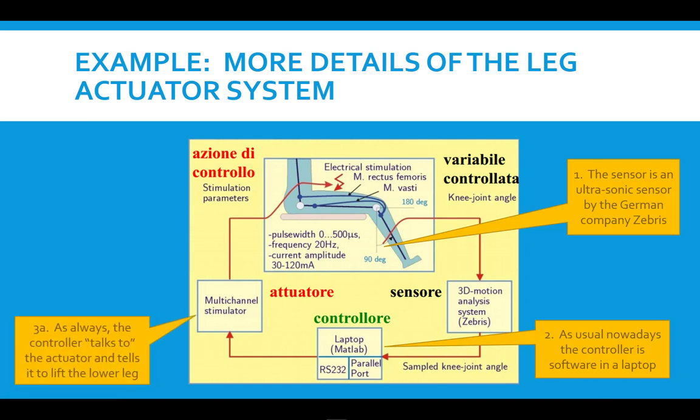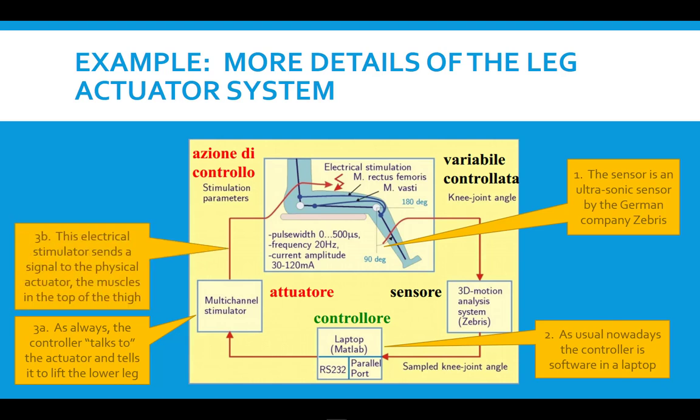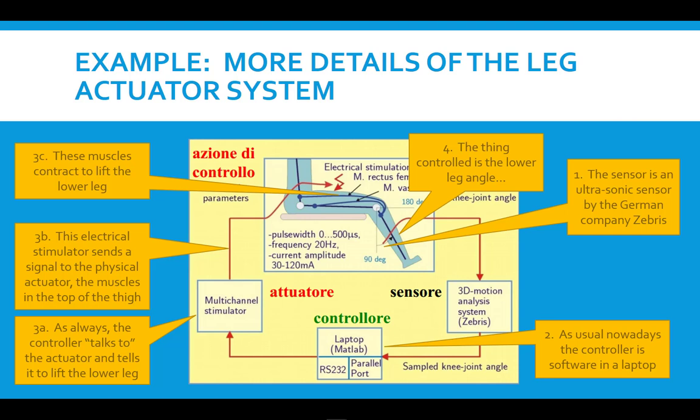The controller talks to the actuator and tells it to lift the lower leg. In this case, it's a stimulator that sends an electrical signal, as we'll see in just a second, down to electrodes on the leg. So this stimulator sends electrical signals to the top of the thigh, and these muscles contract to lift the lower leg. The thing that is controlled is the angle of the lower leg,